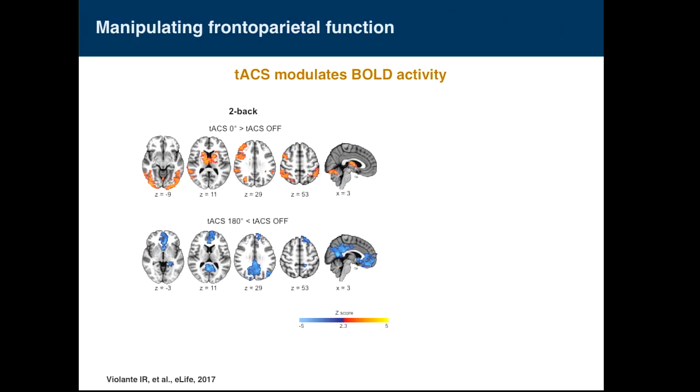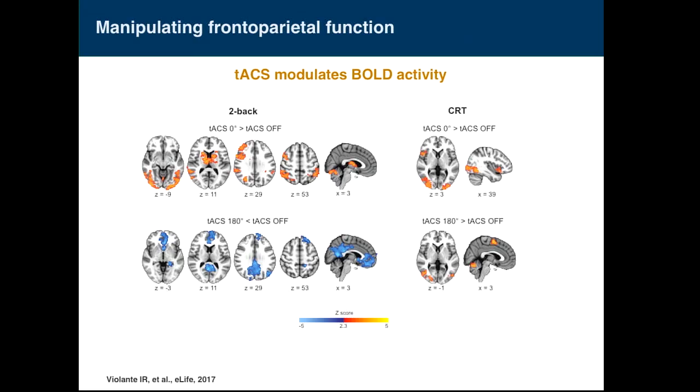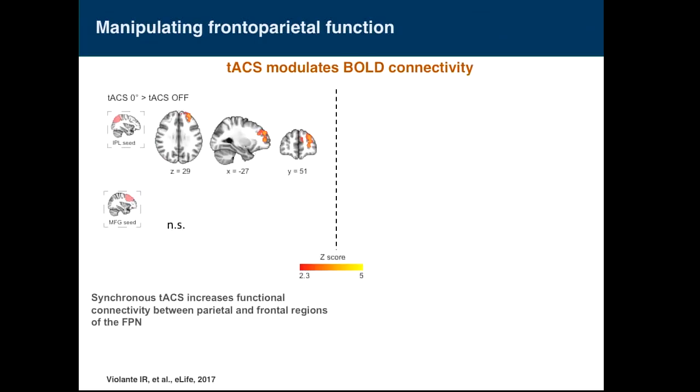And in the desynchronized condition, we observe a very different pattern. It's the pattern just below, where we see that the default mode network is more active. And this difference in the profile of activity wasn't observed if we used a different task, the choice reaction task, which is quite a simple task. Just try to be quick now.